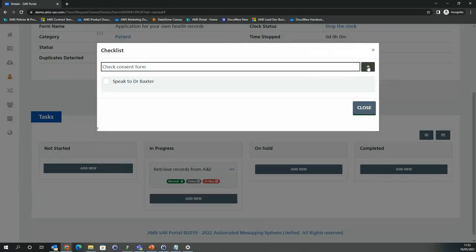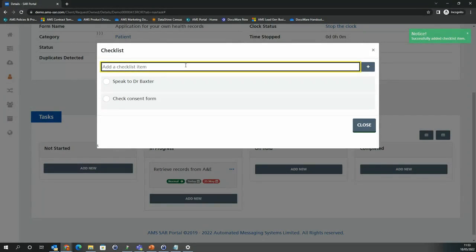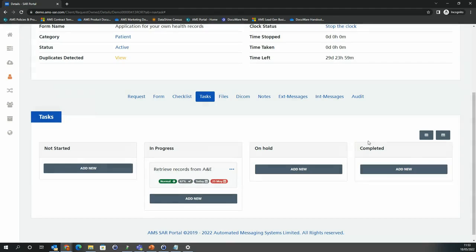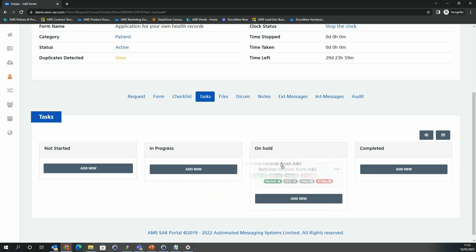Let's just do one more. Okay. And I can start to check these off. And the good thing about this is if I do this quickly, see that this task is now 67% complete. Now, of course I can drag this around to anything I need to, but if I go to